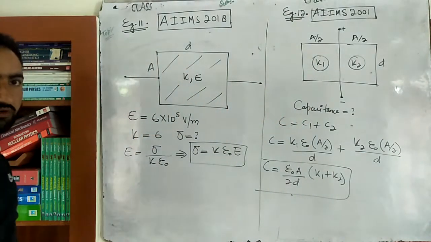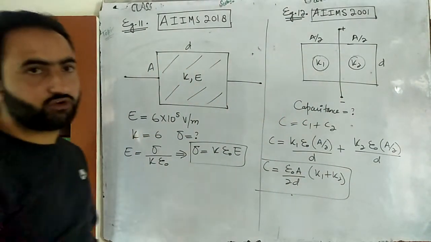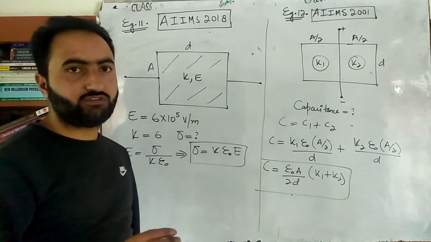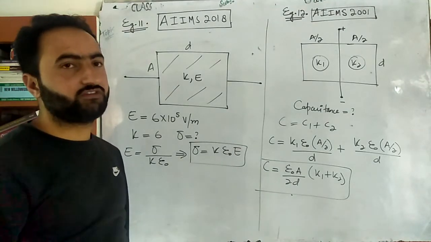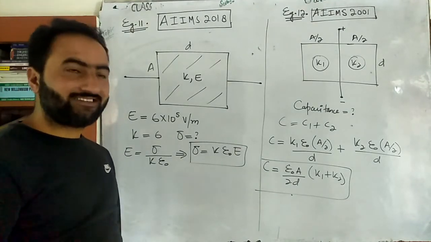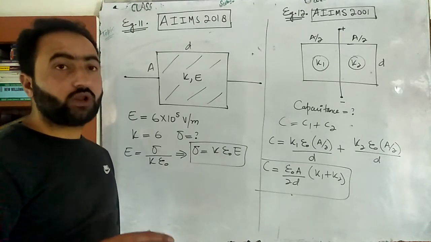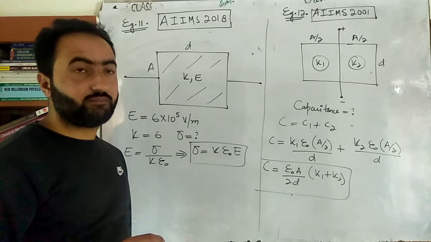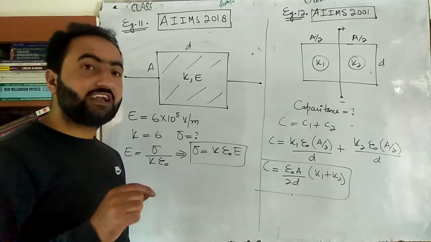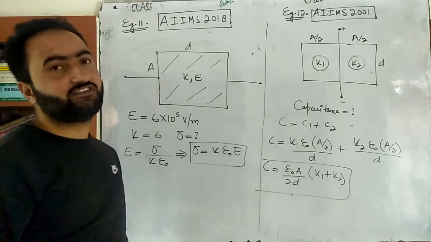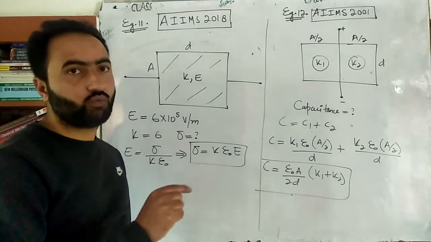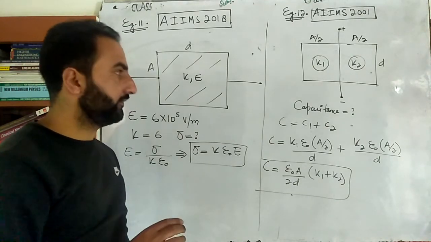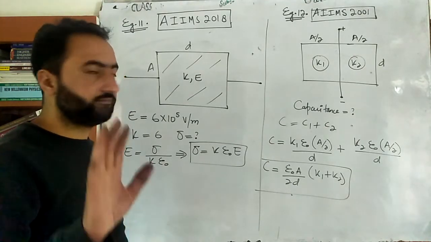No rocket science. Okay. So till now we are done with the questions, all the questions that are asked in AIIMS, NEET, JEE Mains and JEE Advanced. In the next lecture we will study how to calculate the equivalent capacitance of a parallel plate capacitor if there is a dielectric slab whose dielectric constant varies with the distance, varying with x and varying with y. Okay. So enough for today. Bye.